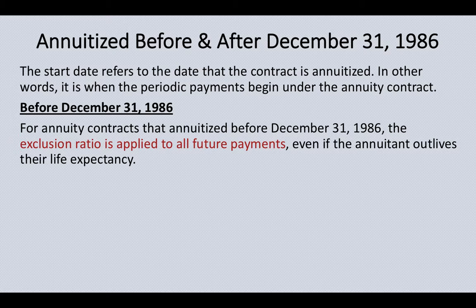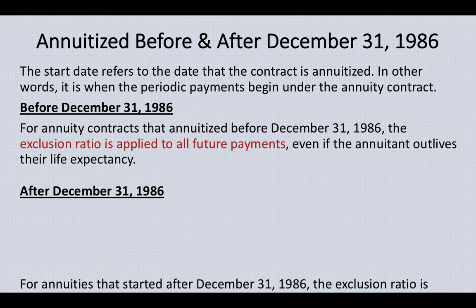So if your contract was annuitized before 1986, even if you live beyond the 20 years of your life expectancy, you can still take $1,000 as non-taxable. Anything beyond that is taxable, right? When